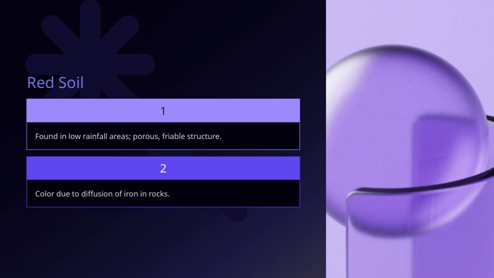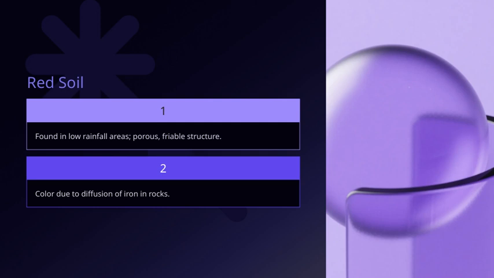oxides and prevents leaching. Additionally, red soil tends to have a porous and friable structure, making it quite crumbly and easy to work with. This combination of iron-rich composition and specific environmental conditions makes red soil a distinctive and important part of many landscapes. Overall, understanding these features helps us appreciate how soil properties are closely linked to both mineral